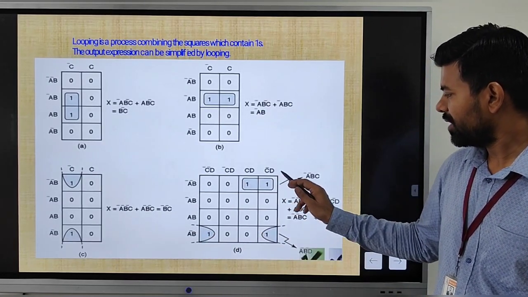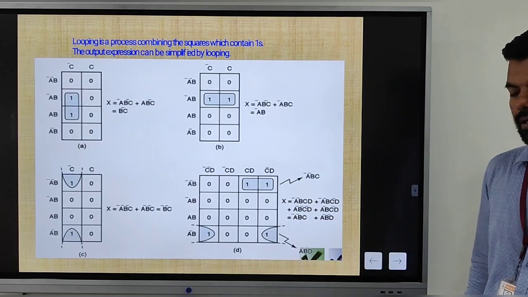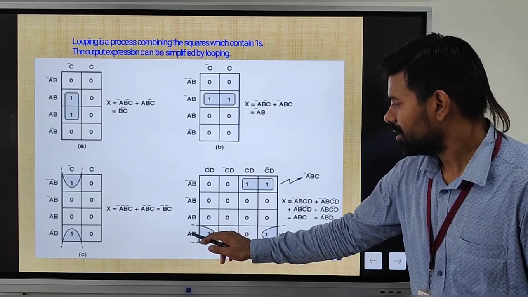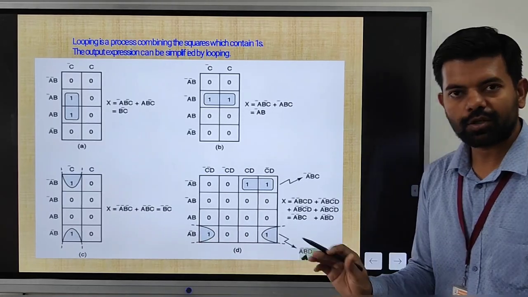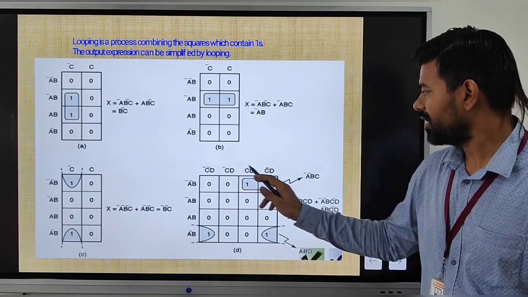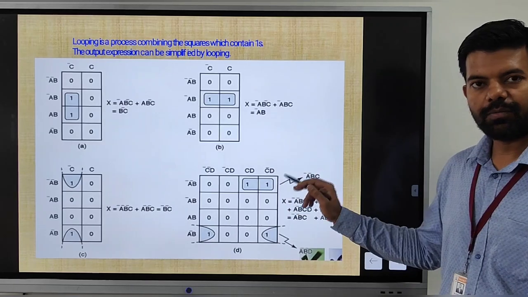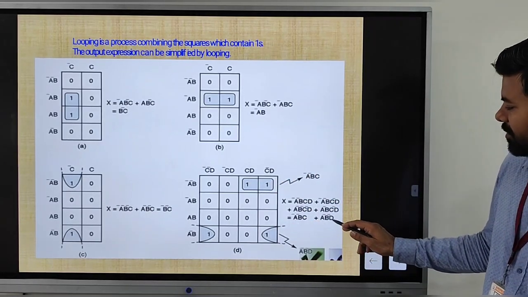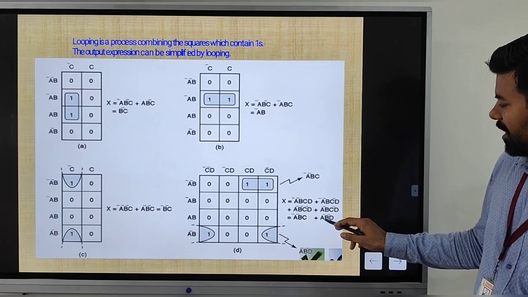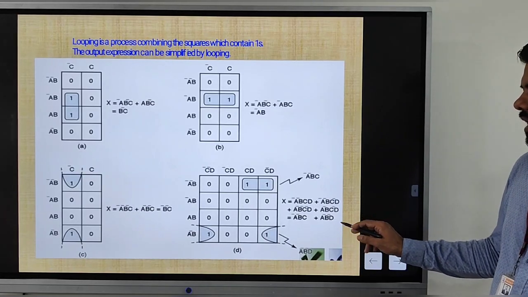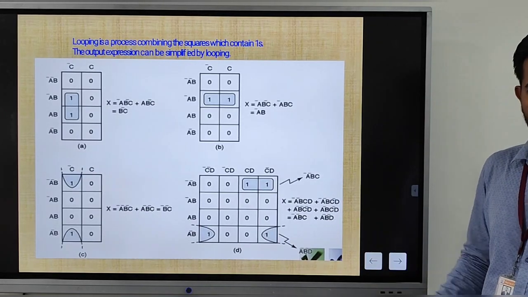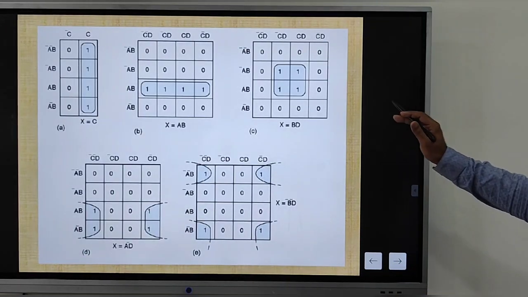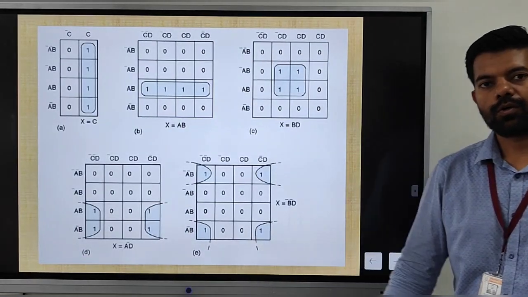This is C bar, D. Which variable is changing in this loop? A, B bar is not changing from C bar, D bar to C, D bar. Okay, so C is changing. So the final expression is A bar, B, A, B bar, D bar. C is eliminated.